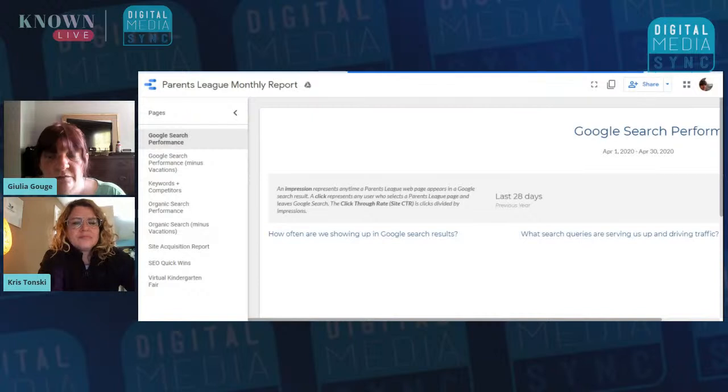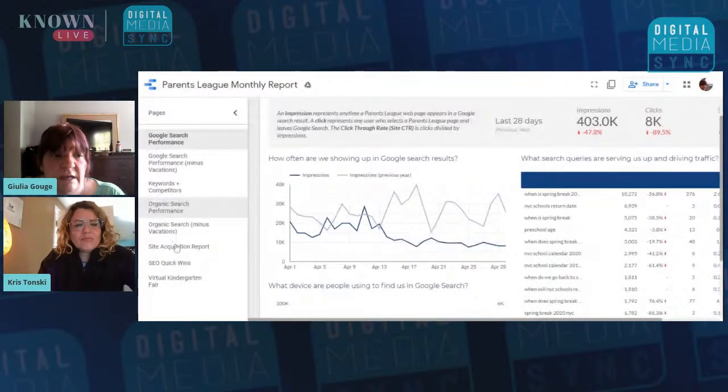First and foremost, those pages are labeled along the side. So here's the Google search performance, keywords and competitors, organic search performance, site acquisition report, SEO Quick Wins.